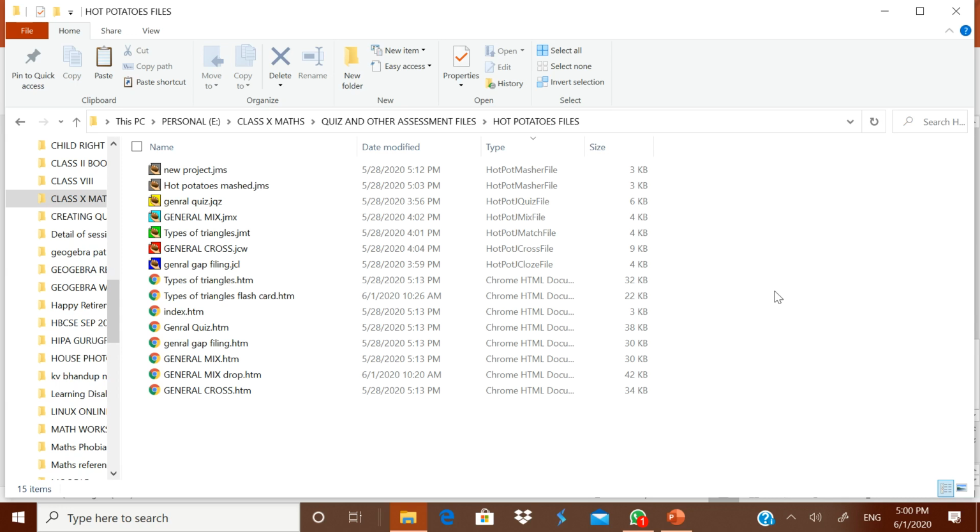Now this folder contains two types of files. One is HTM. I am showing you. These are all HTM files. And the icon for that HTM file, you are seeing, is showing the icon of Google Chrome. Suppose you are using any other web browser, then that browser's icon will be shown to you. Whatever you are seeing over here, these are all HTML files.